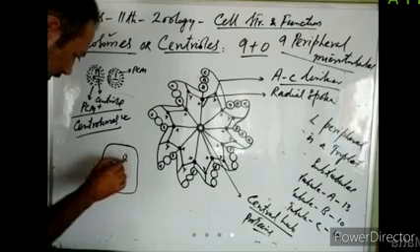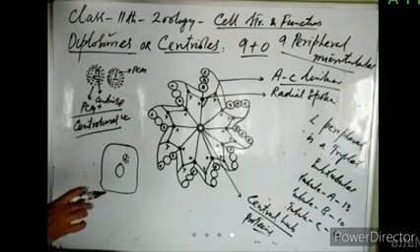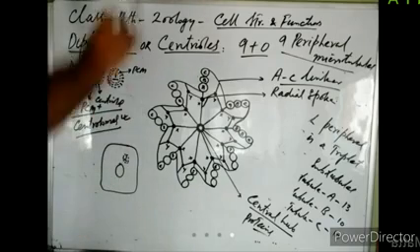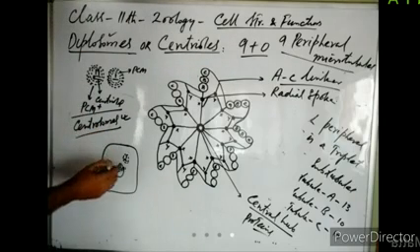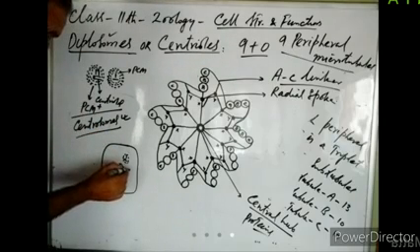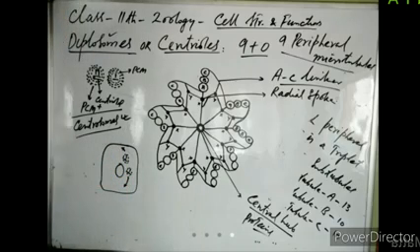There is just one centrosome somewhere around the nucleus. But when the cell enters into meiosis or mitosis, at that time this centrosome replicates. So from a single centrosome, two centrosomes are formed. And then these two centrosomes, after replication, migrate to two opposite poles of the cell to organize the spindle.